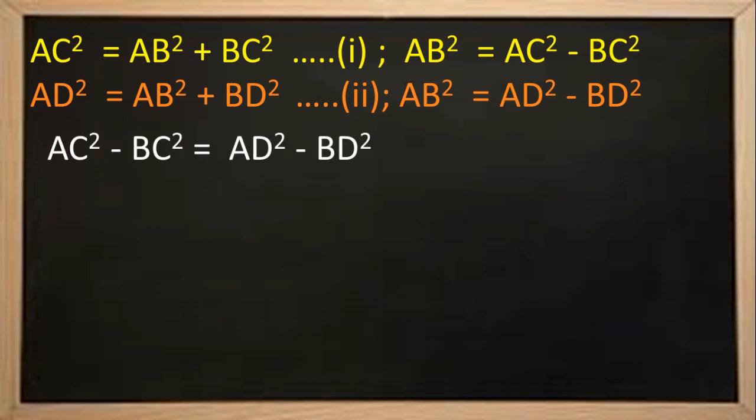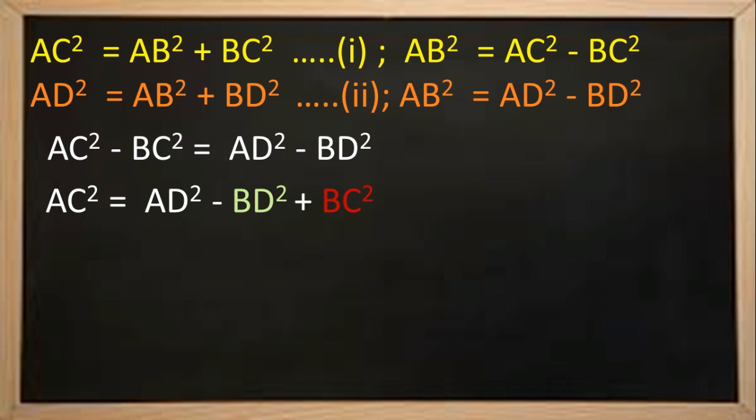So if you observe what has to be proved, we need AC square on the left hand side. So minus BC square is extra on the left hand side. Let us shift minus BC square to the right hand side. Hence it results as AC square is equal to AD square minus BD square plus BC square. Now observe what is required. It is asked to prove that AC square is equal to AD square plus